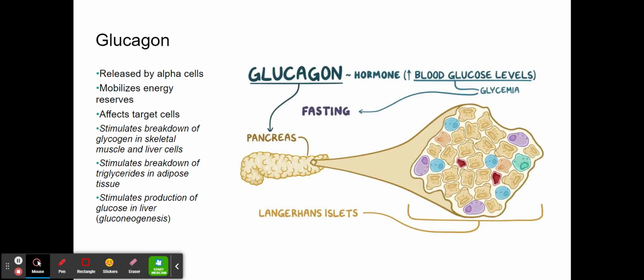When glucagon binds to a receptor in the target cell's plasma membrane, the hormone activates adenylate cyclase. As we've seen, cAMP acts as a second messenger that activates cytoplasmic enzymes. The primary effects of glucagon are as follows. One, it stimulates the breakdown of glycogen in skeletal muscles and liver cells. The glucose molecules released are either metabolized for energy in skeletal muscle fibers or released into the bloodstream by liver